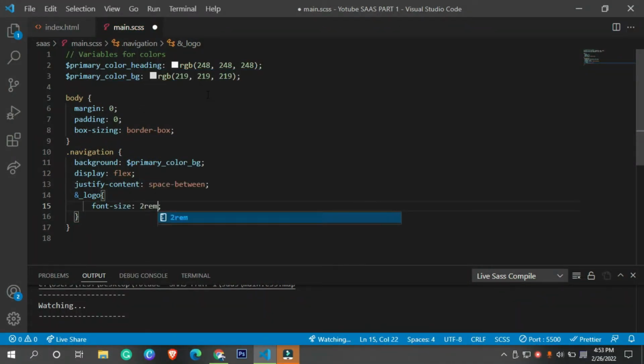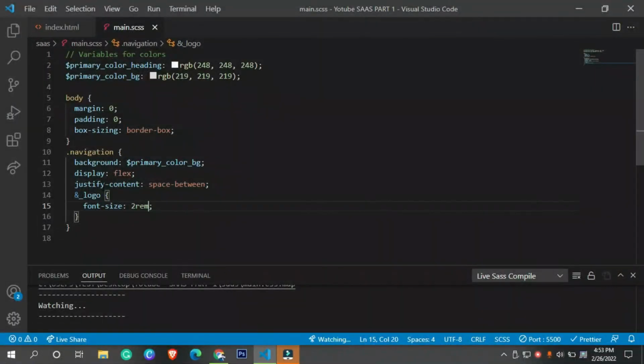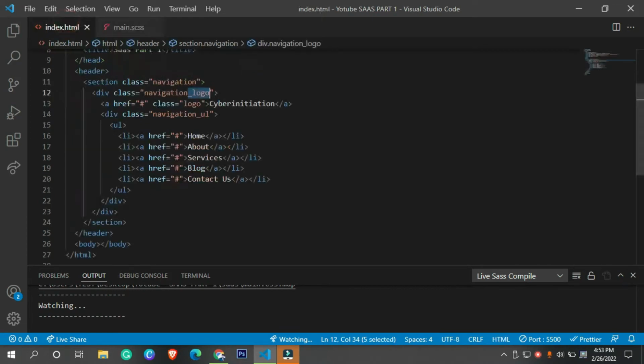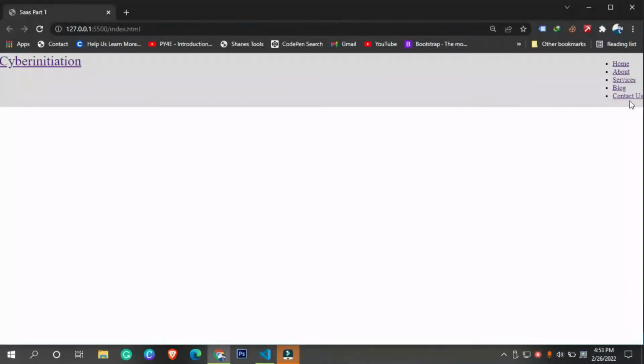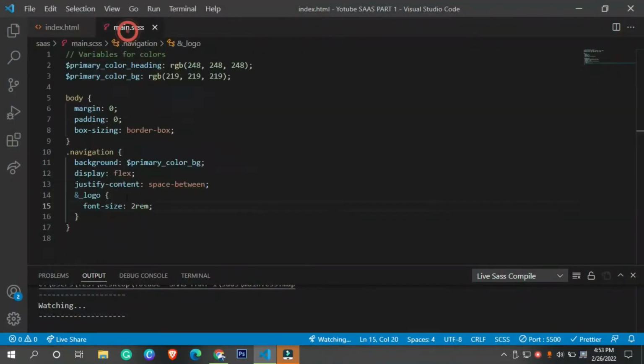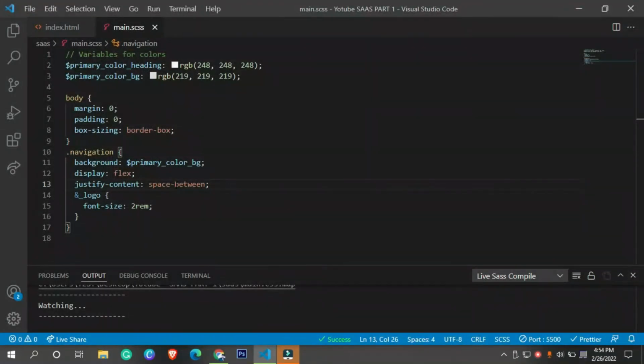Now we can change the font size. Let's say the font size is 2rem, and it is targeting the entire thing, which means something is wrong in our code base. Let me check it out. This particular div is ending right here, so that's what I was talking about. Now let's paste it after this logo class, after this h. Now we have this thing at the right size, and let me show you how it works. If I comment it out, it comes up right here, and if I uncomment it, it gets back to the same position.